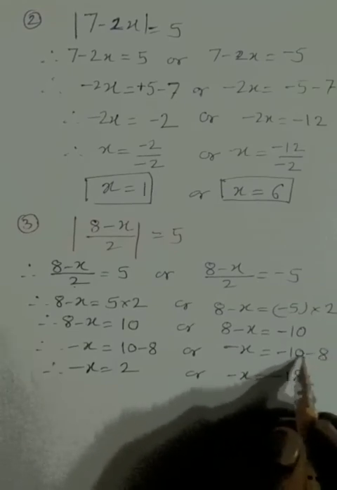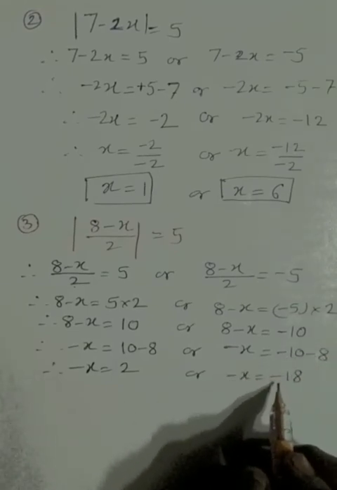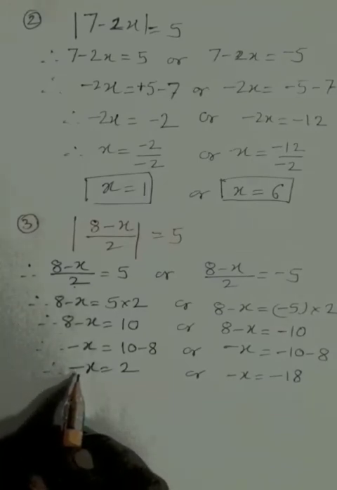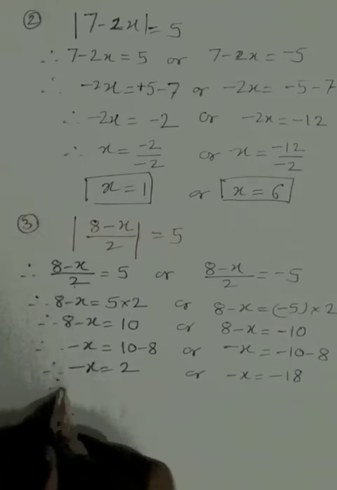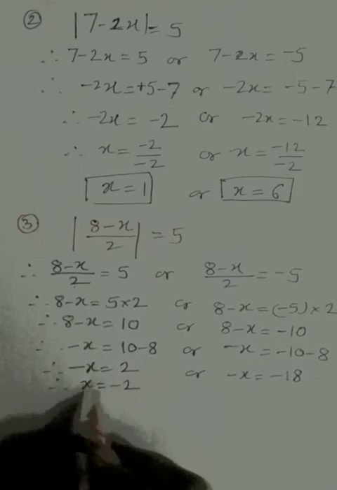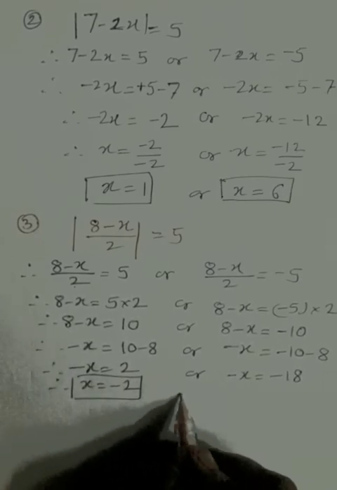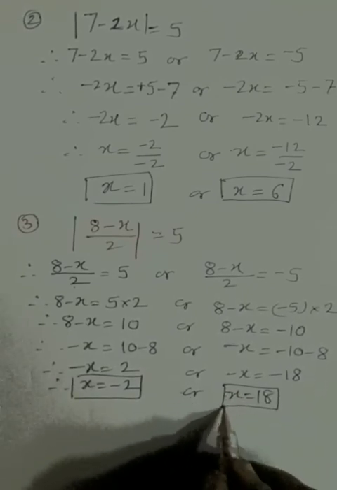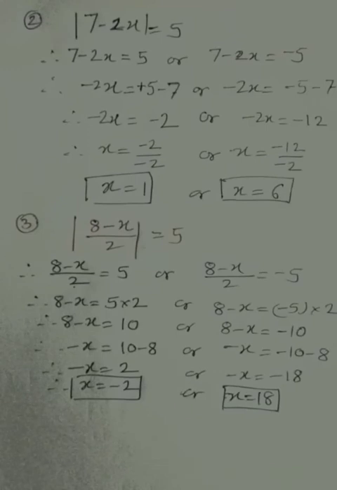10 and 8 both having the same sign, the algebraic addition is minus 18. Changing the sign of the left side, we have to also change the sign of the right side. x is equal to 2, or x is equal to 18. Means here two values of x are there, 2 and 18. Next one,